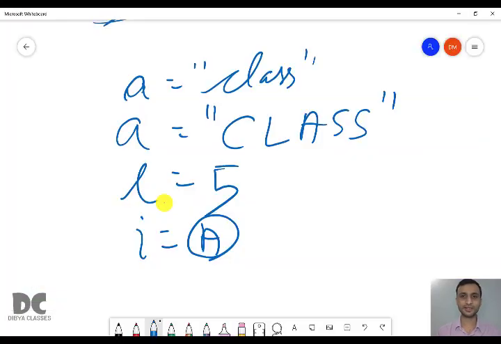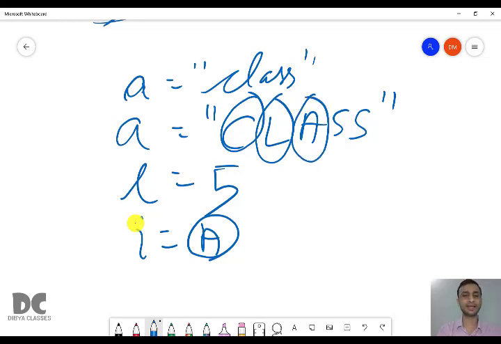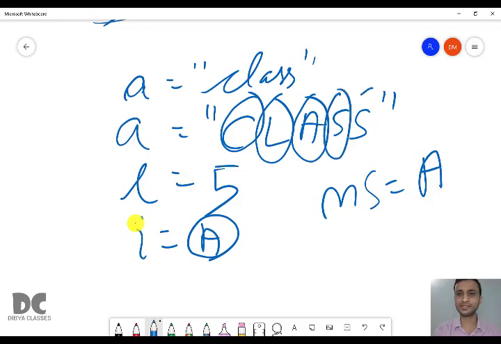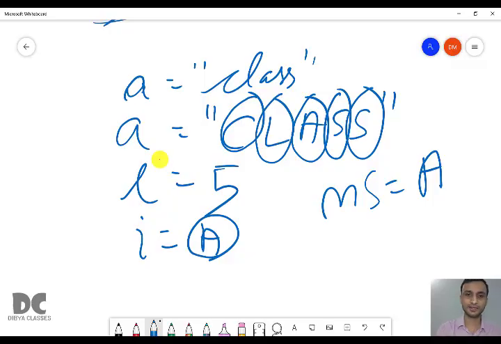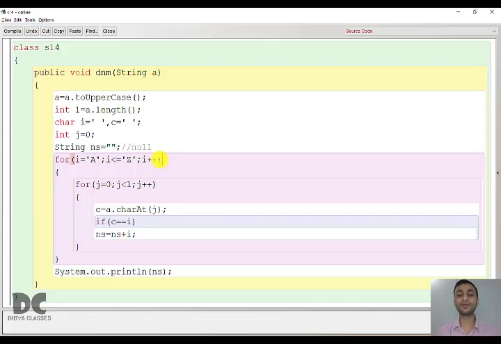So J is 0. In 0 we have C. Is C equal to A? No. Then L will come. L equal to A? No. Then A will be extracted. A equal to A? Yes. So in NS, A will be stored. Then S equal to A? No. S equal to A? No. So next time when I value increases, it will become B, and now we are going to check if